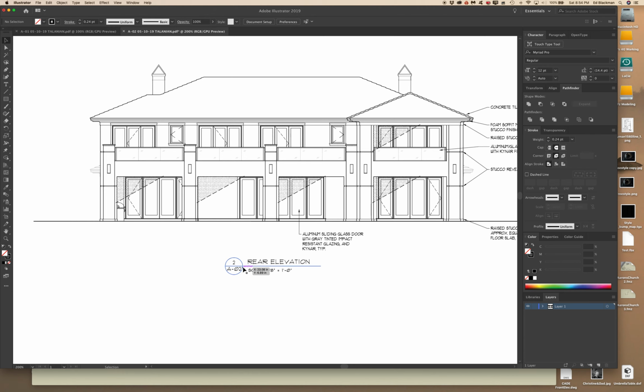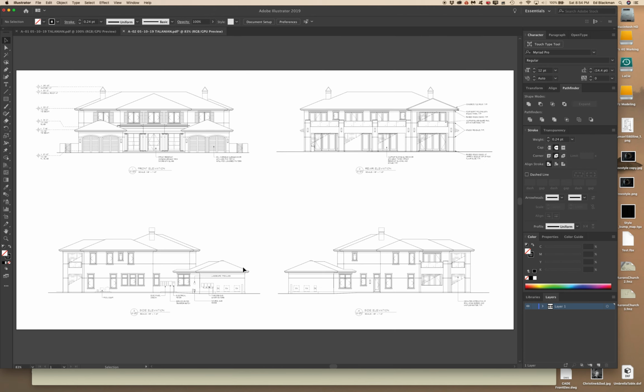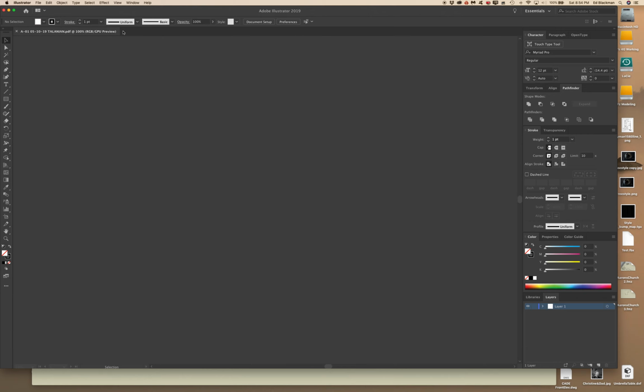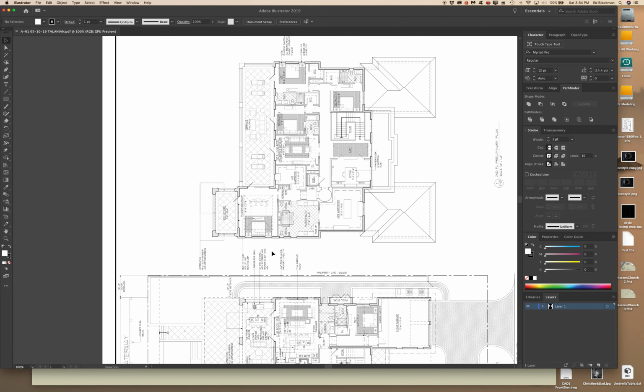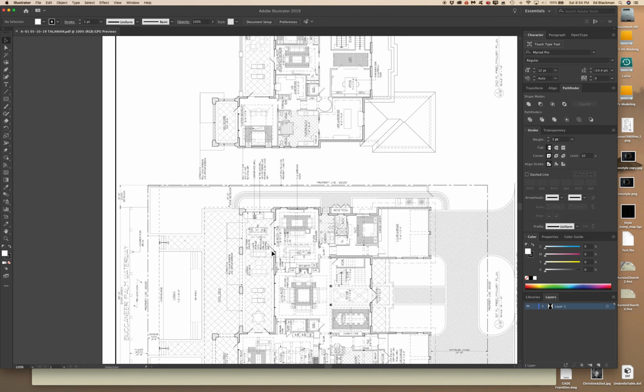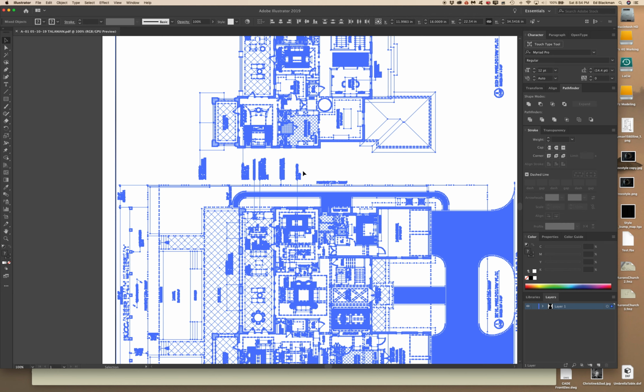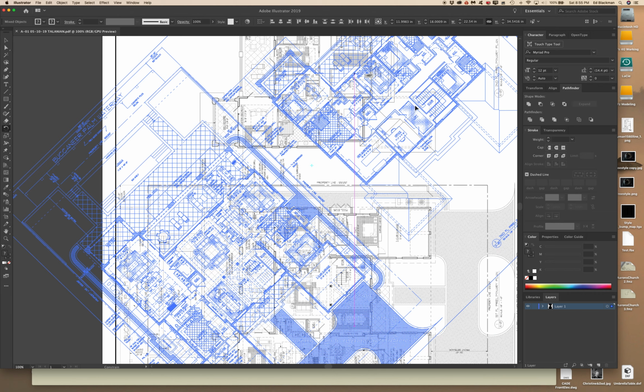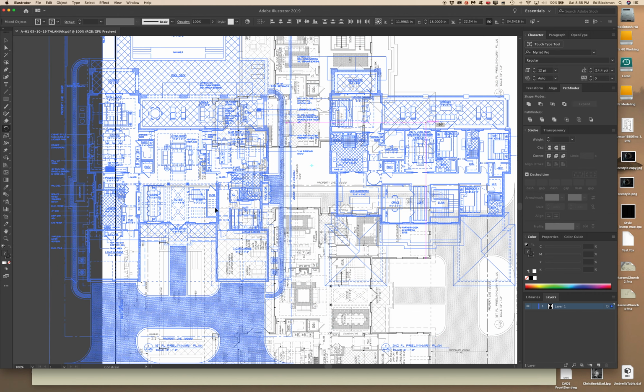So Command 0 to fit it all. Hit Command S to save it, and then close out of that. And then we have the floor plan and the site plan. Again, I need to rotate them around. So I can do Select All and hit the R key, click for the center of rotation, click with your left mouse and hold the Shift key down, rotate it around 90 degrees,